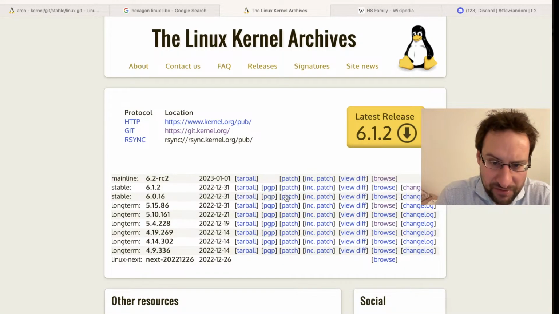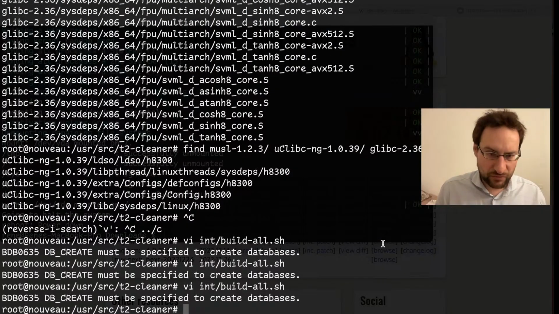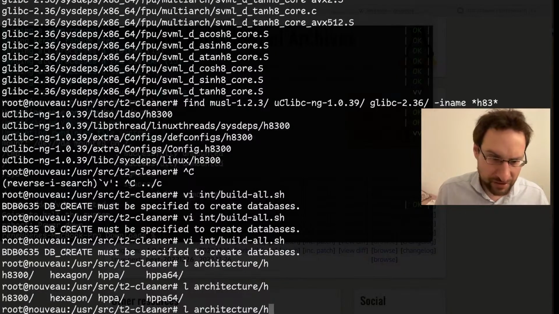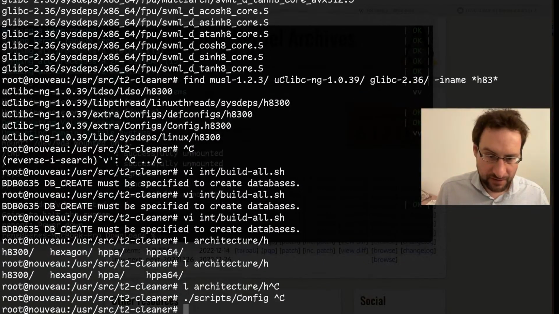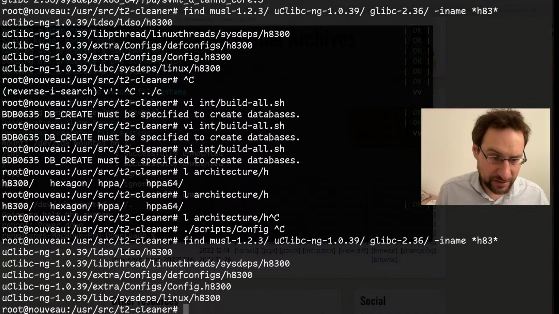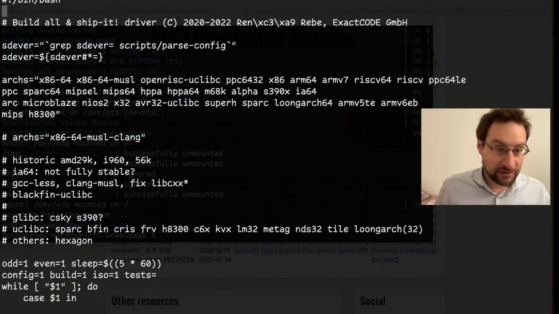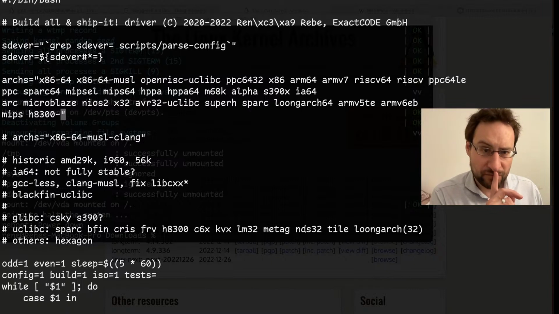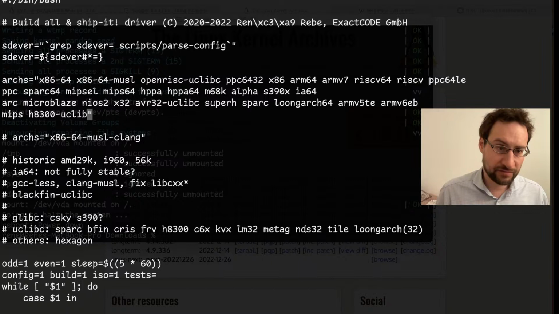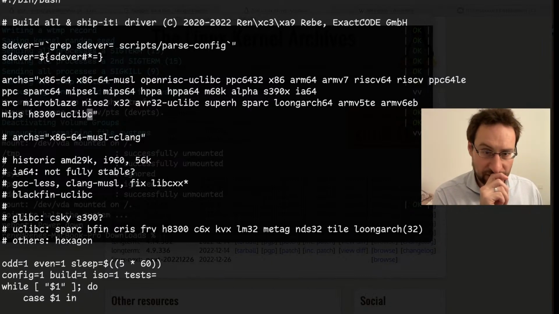So let's see. Do I have the architecture already? So I added that already. Let's find. That would be uclibc. So let's add that here. Do I need to add uclibc here? I don't necessarily need that here.